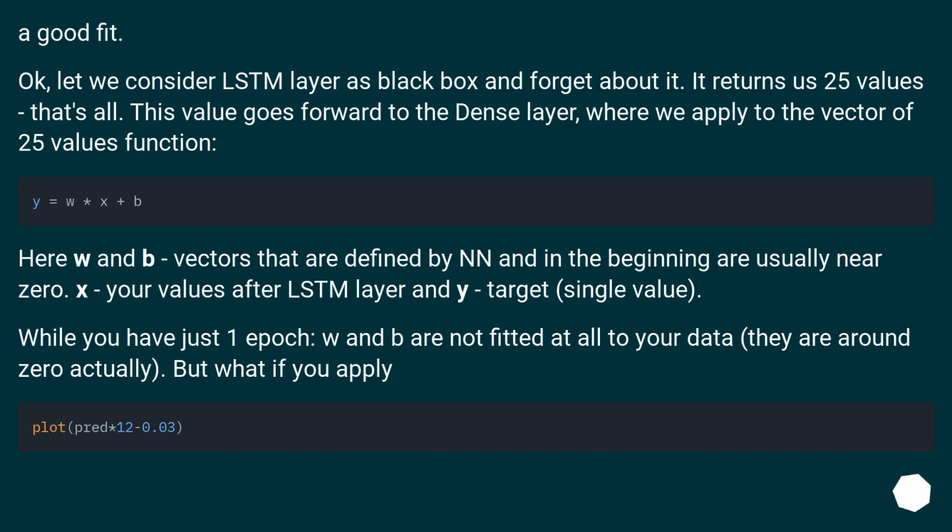Update. Let me explain why you got this. Okay, let me consider the LSTM layer as a black box and forget about it. It returns us 25 values, that's all. These values go forward to the dense layer, where we apply a function to the vector of 25 values. Here W and B are vectors that are defined by the network, and in the beginning are usually near 0. X is your values after the LSTM layer, and Y is the target, a single value. While you have just one epoch, W and B are not fitted at all to your data, they are around 0 actually. But what if you apply